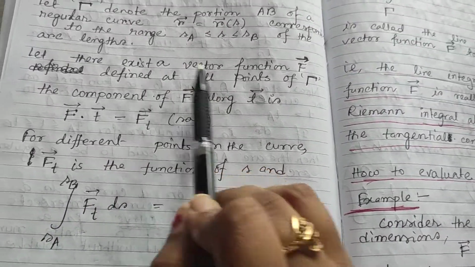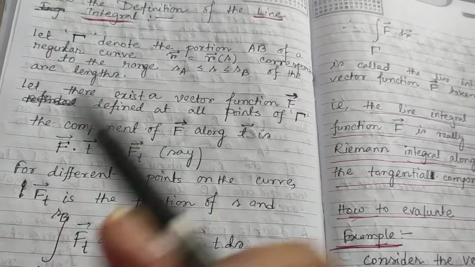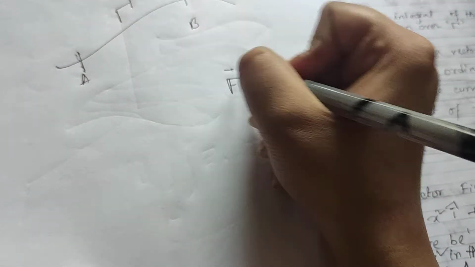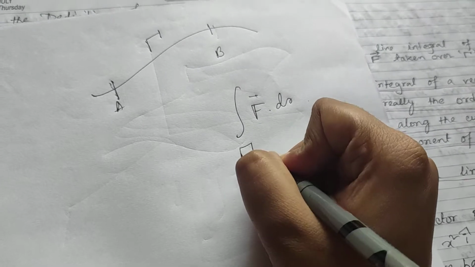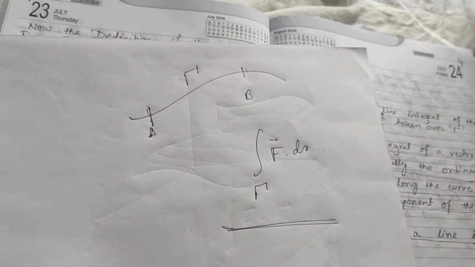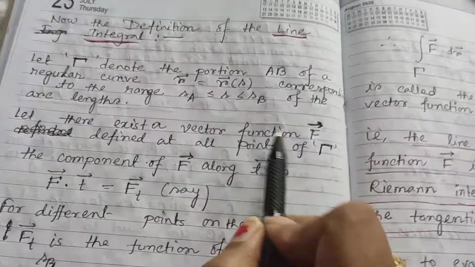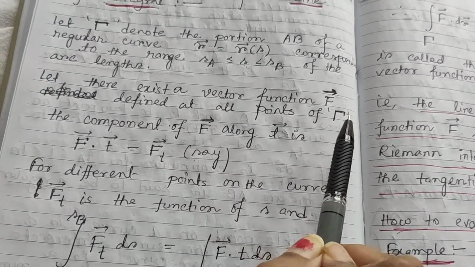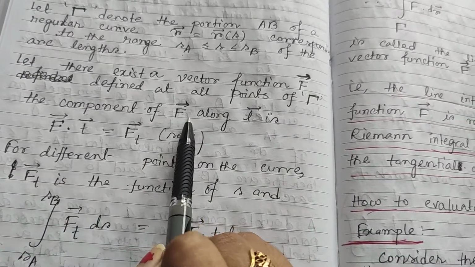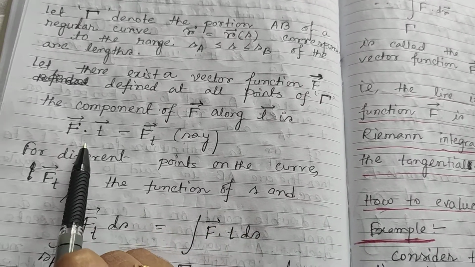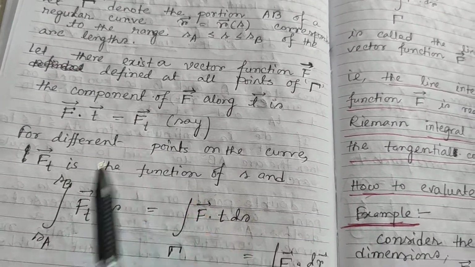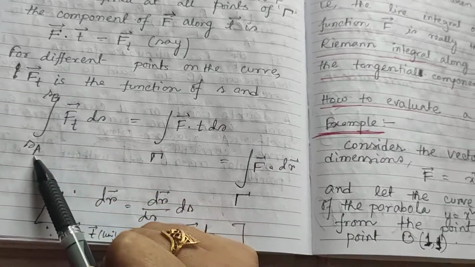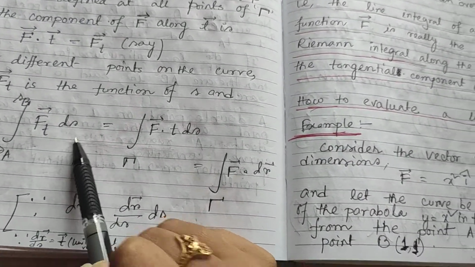Let there exist a vector function f vector. Obviously I need a vector function to do the integral, because f vector dot dr integrated over gamma represents the line integral. So let there exist a vector function f vector defined at all the points of gamma. The component of f vector along t vector is f vector dot t vector, and that is denoted by ft. For different points on the curve, ft is a function of s, and the integral from sa to sb of ft ds